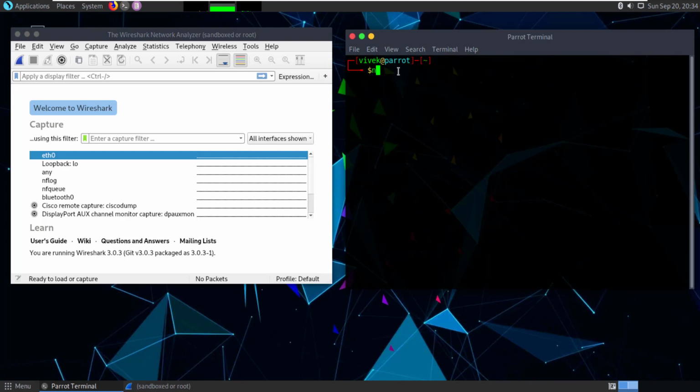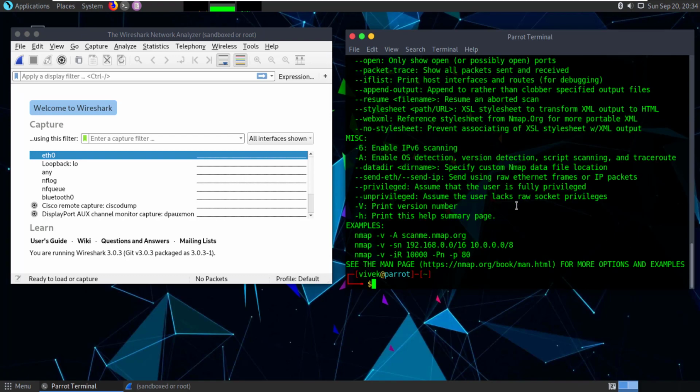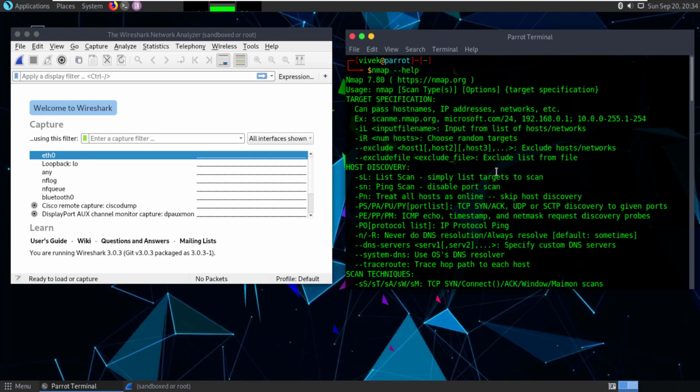So let's discuss. Start with nmap --help. You will find all the help here. When you open this help, you will see options like -iL, -iR, -sL for list scan, and -sn for ping scan. Like you can ping 8.8.8.8, the Google server scan, just checking whether the machine is live or not, right? And -Pn treats all hosts as online, so it is not going to check whether the host is up or not, but will just check all the ports. It skips host discovery.